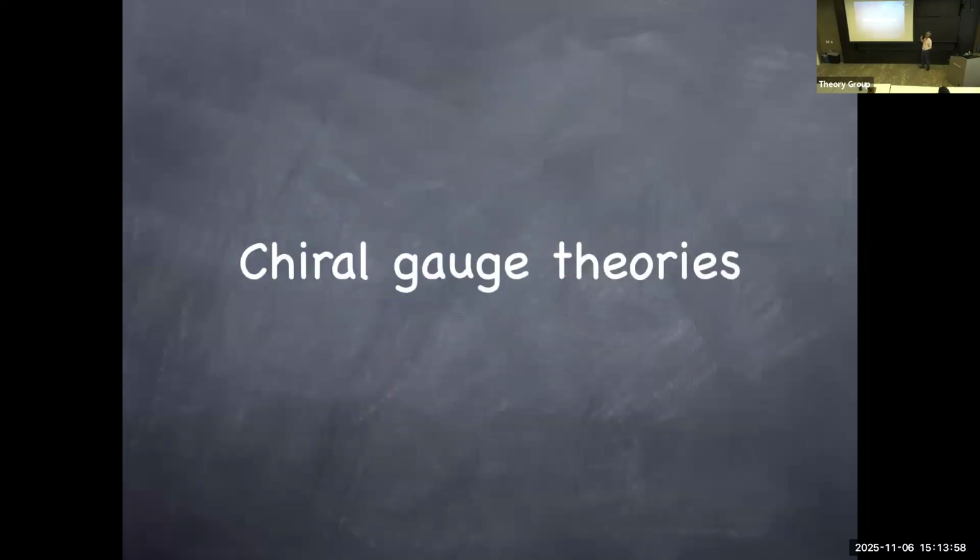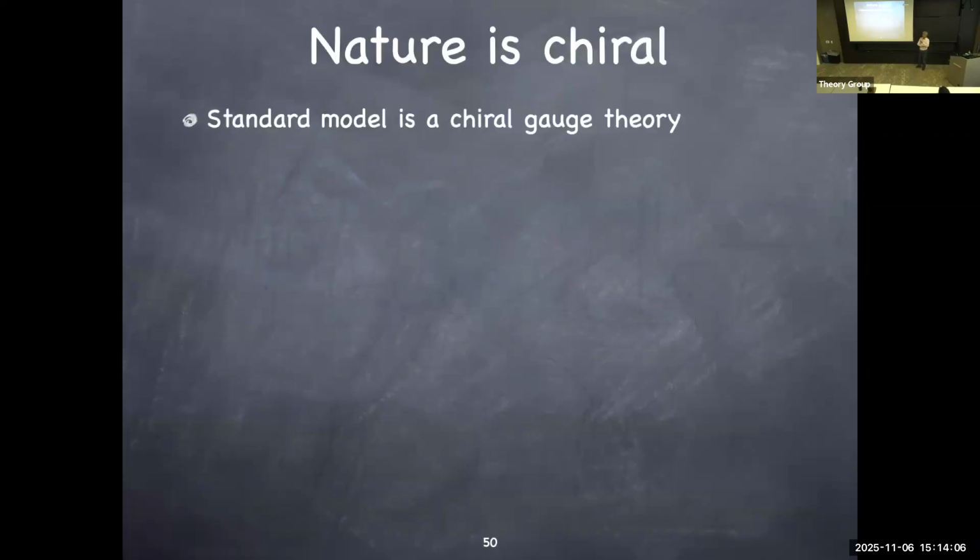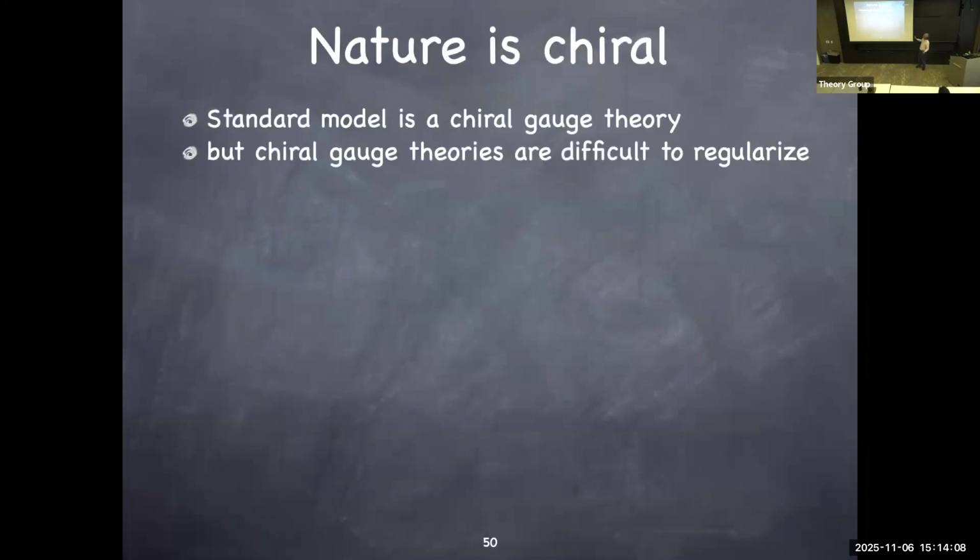Finally, just 2 minutes, I apologize. Now that we have the framework all set up, I try to apply this kind of idea to chiral gauge theories, where pretty much nothing is known. The standard model itself is a chiral gauge theory, and it's a shame that we don't know what they do.